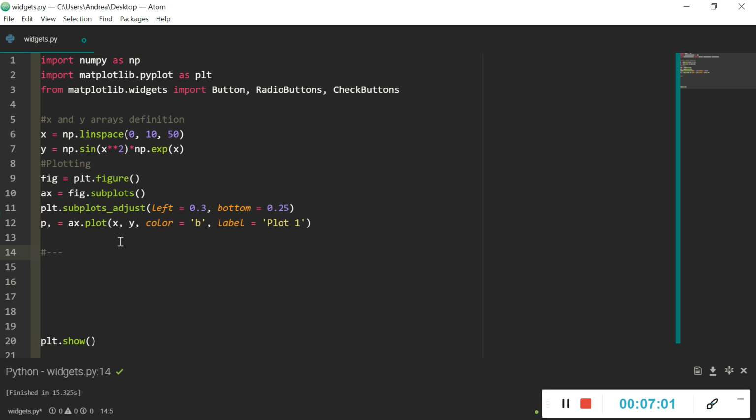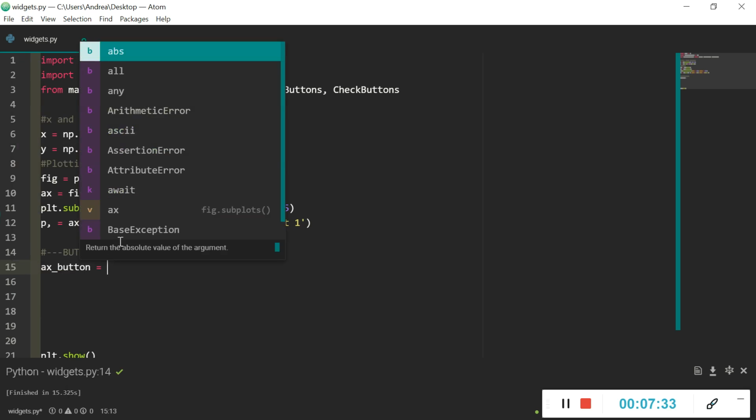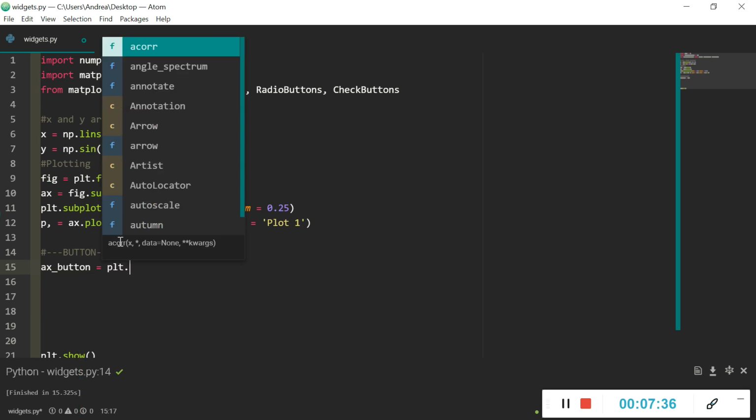So I'll just type button just to separate this space from the other. So the first thing that we have to do is we have to instance the axis, which basically defines the place, the position, and the width and the height of your button. So I will just assign all these properties to the variable x_button, and I'll type plt.axis,